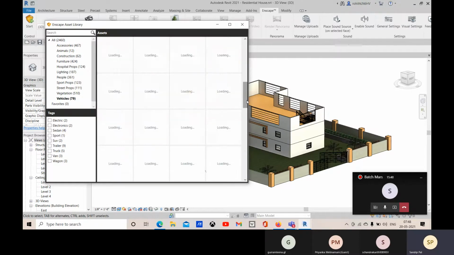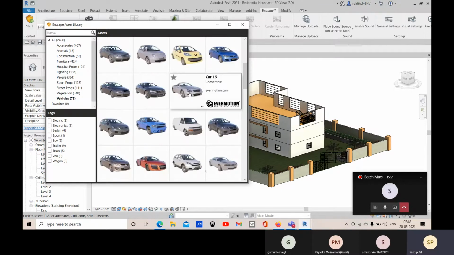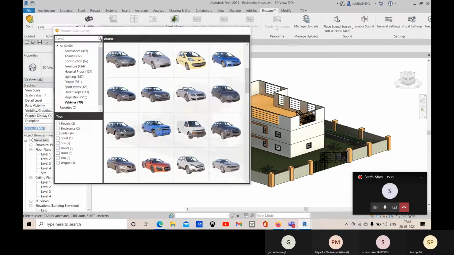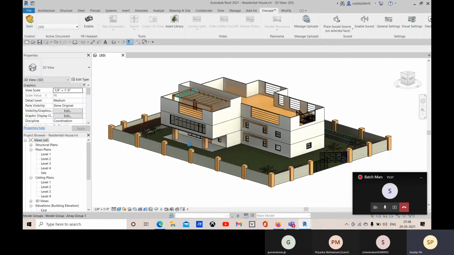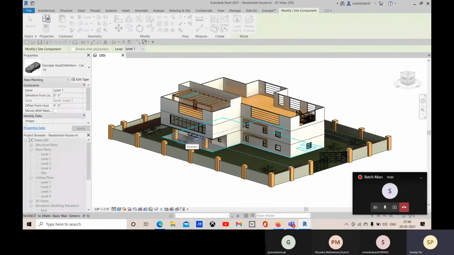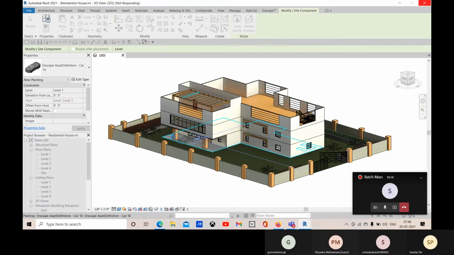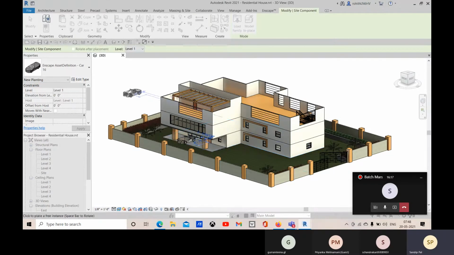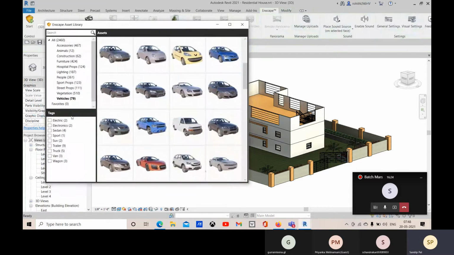All right. So now let me just choose any of this, and now let me place it over there. Just click and wait for a minute, and here it will be placed. Click over there, and it is placed. Right now you can escape or right click to cancel it. Now again, if you need to place some more, you can also place.